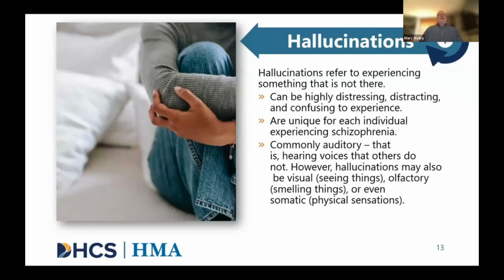Hallucinations are generally distinguished from illusions, whereas a hallucination refers to seeing or hearing things that aren't really there. Illusions are oftentimes just a misinterpretation of real sounds and sights that are in the environment. Both can be distressing, but hallucinations are generally more specific to psychosis. There are several types of hallucinations.